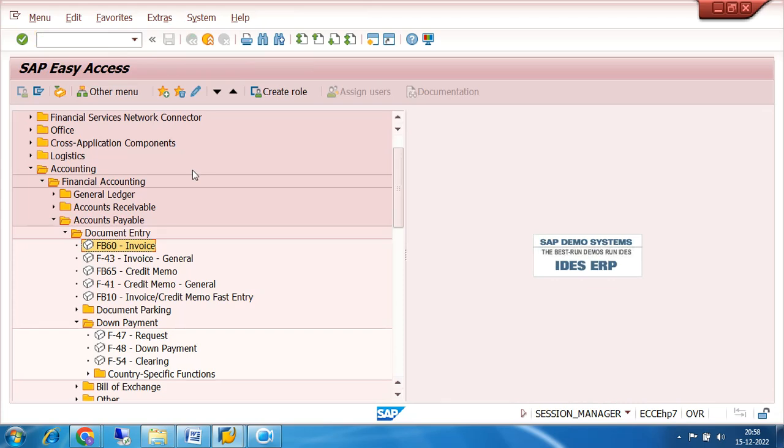So first of all, I have to make the down payment, which is a special GL transaction, normal first. Then finally I will pay 70,000 and adjust 10,000, so that 70 plus 10, that is 80,000, is completely cleared against the invoice. Again I am telling, first of all I create the 10,000 down payment